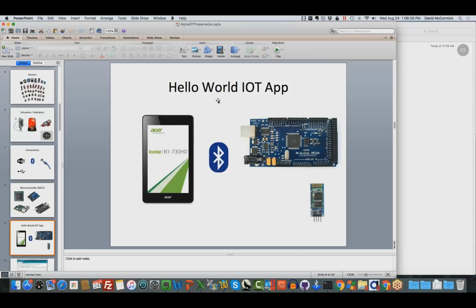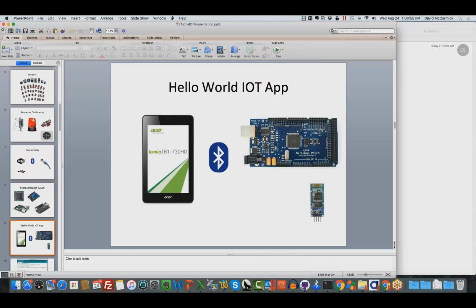But basically what this client did was he needed to be able to have an Android tablet with an Alpha Anywhere application running on it. He wanted it to communicate via Bluetooth to one of these Arduino boards. Now, the Arduino board can be hooked up to sensors, and it can be hooked up to alarms, indicators, actuators, all kinds of things that I just showed you earlier in the previous slides. But really for this, he just needed to have a proof of concept. He just wanted to see that we can send information from an Alpha app over to the Arduino board, have the Arduino board send it back to the tablet.